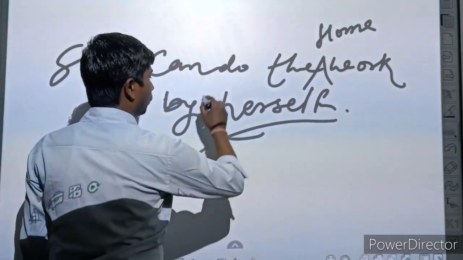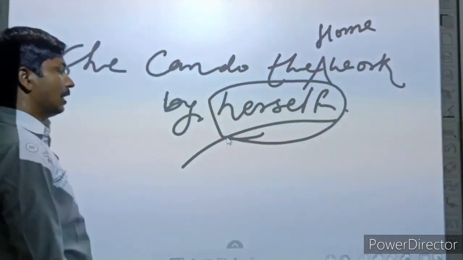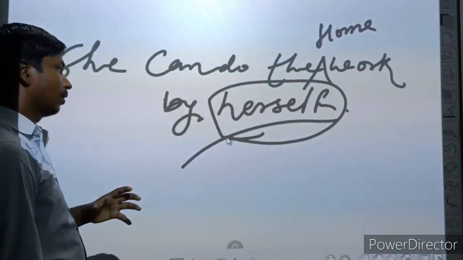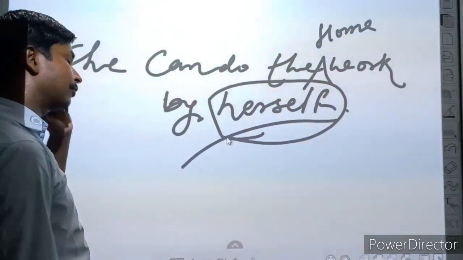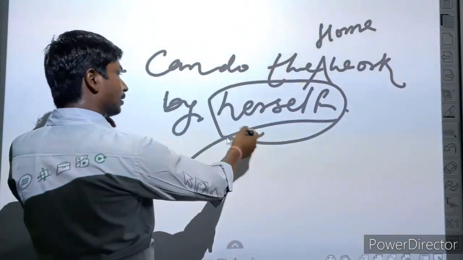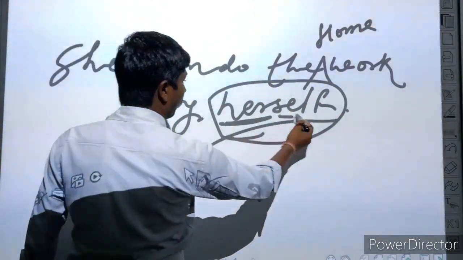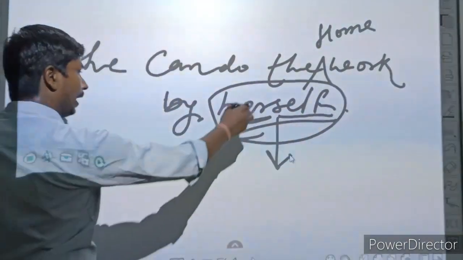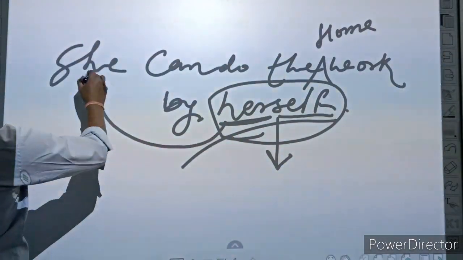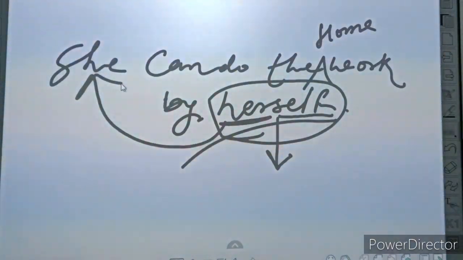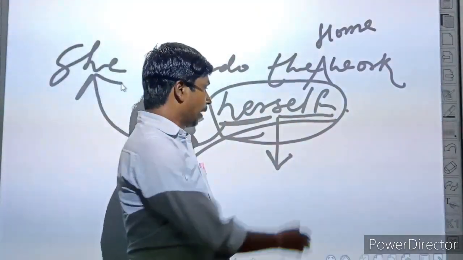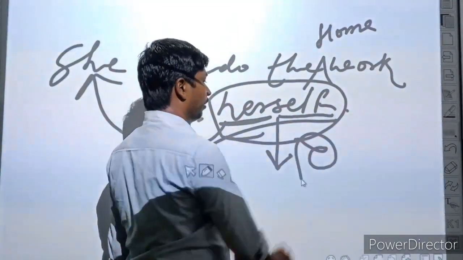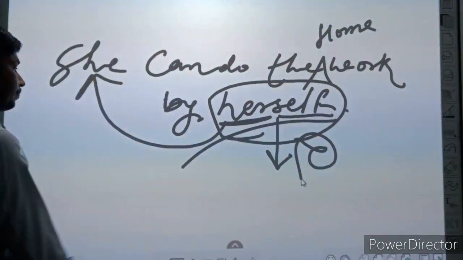Herself, according to the definition of reflexive pronoun as I have told you, is a pronoun that adds the suffix self, and it becomes reflexive. Her is a pronoun and self is added as a suffix and it becomes herself. And this word reflects the subject itself. When this type of word reflects on the subject, it can be called a reflexive pronoun.